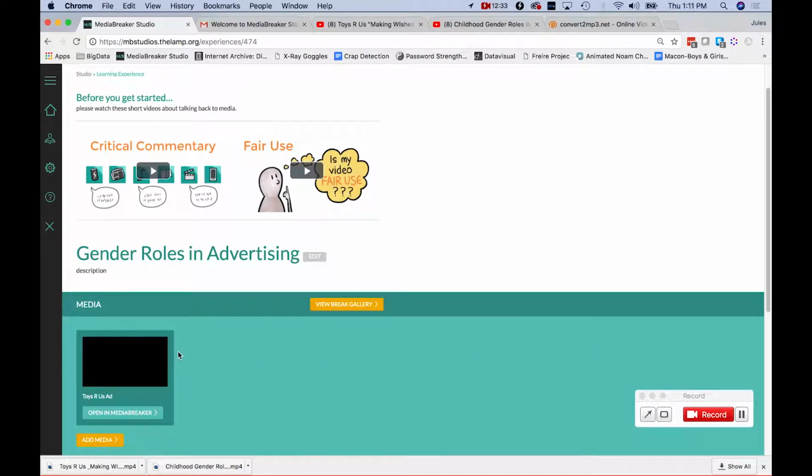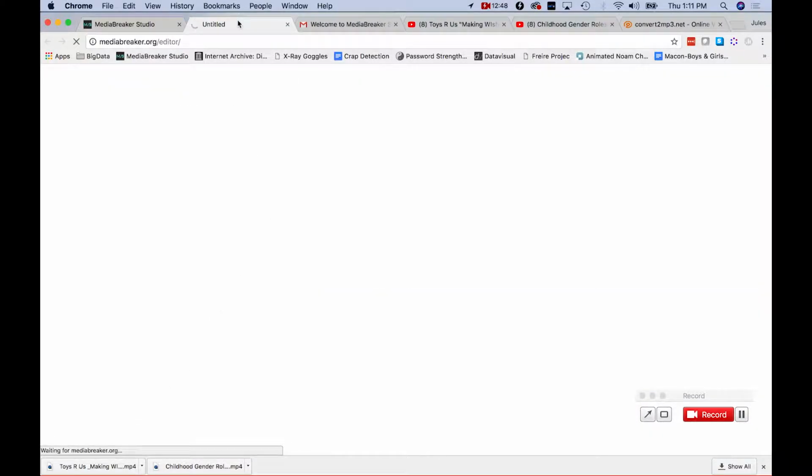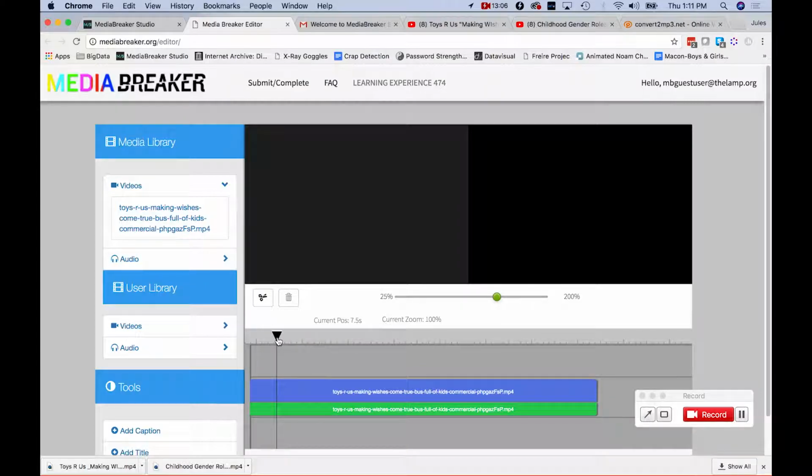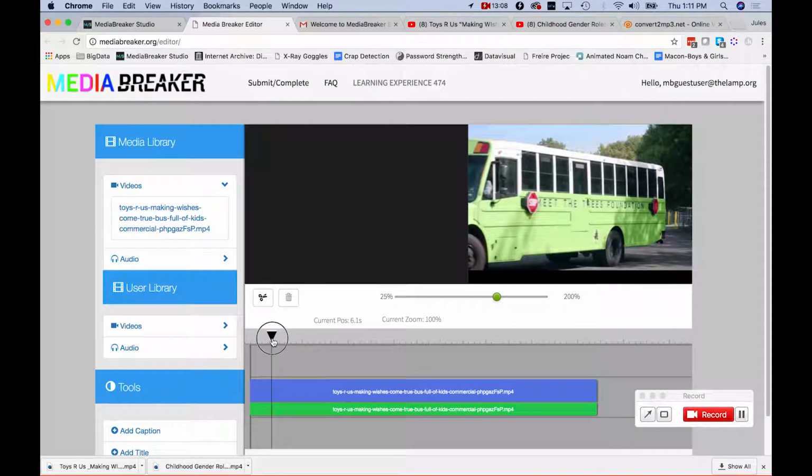This is the media that your students will be working with. They'll see a very similar looking page here, and then they'll be able to open it in MediaBreaker. So if I click open in MediaBreaker, that'll open the editor where your students will be doing most of the work. You'll see there's a bit of a delay, that's just because it takes a little bit of